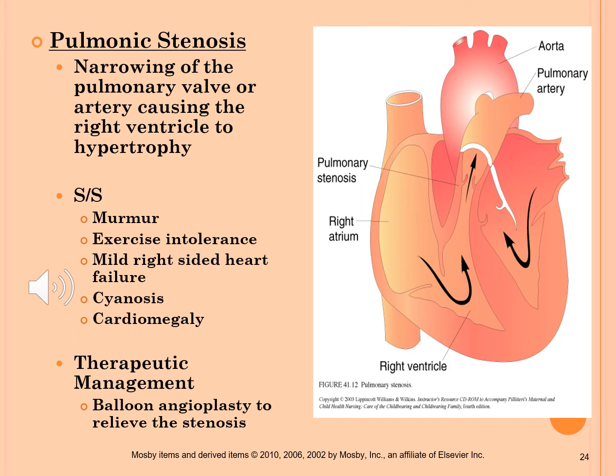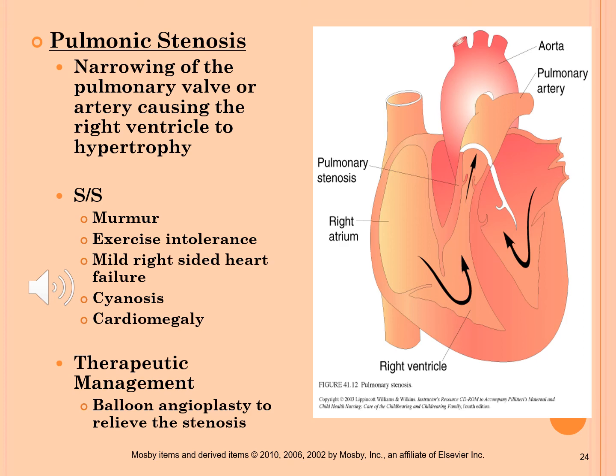The last defect we're going to talk about that's an obstruction to blood flow is pulmonary stenosis, or PS. Again, it's considered an acyanotic defect, and we have narrowing at the opening of the pulmonary valve or artery. This can lead to right ventricular enlargement because it's backing up. So assessment-wise, we can have a murmur and cyanosis. Children may complain about exercise intolerance, so not being able to keep up with their peers,